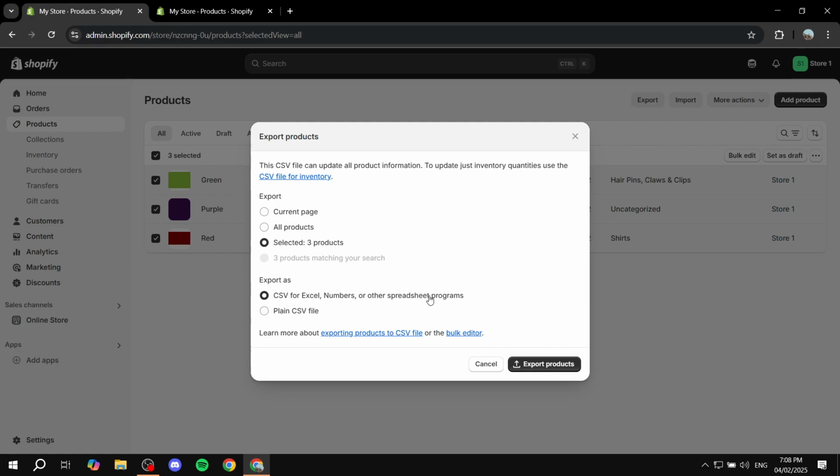And I also highly recommend that you keep this one, because at the end of the day, we can also feel free to adjust it later on if you want to, instead of importing them as they are. So once this is done, you want to click on export products. And this should actually export all 3 of them, or however many you have selected,